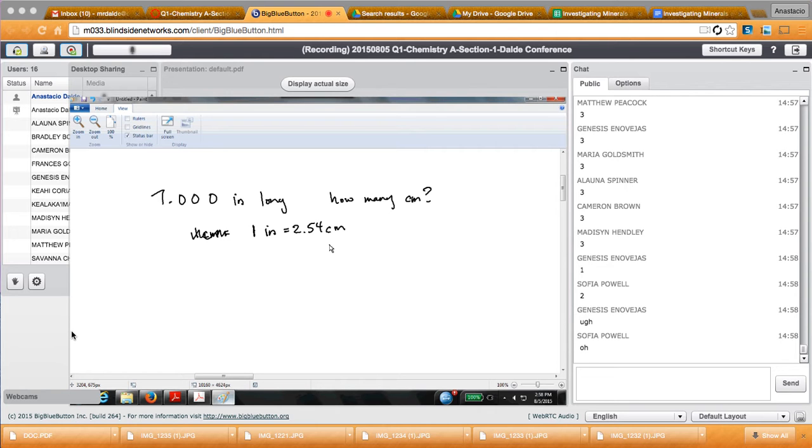Anyway, here's what you do: if I were to go 1 inch divided by 2.54 centimeters, this problem shouldn't be that hard for you to do, but I'm going to do it in a very systematic way because these unit conversions can get very confusing. Okay. 1 inch divided by 2.54 centimeters. What does that equal to? Well, if I told you 1 inch is the same as 2.54 centimeters, then